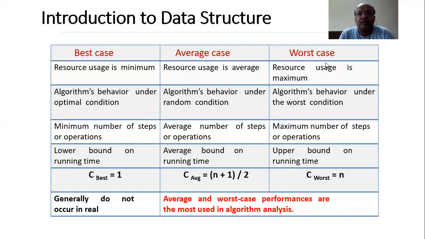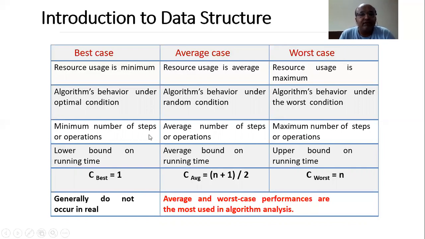Now worst means what? Upper bound. It means the maximum amount of time. It will not take more than this. Best case means the minimum amount of time. So minimum amount means, if you want to do something, it will take this much time. Your time will never be less than this. So the best case indicates that up to this time it will take.